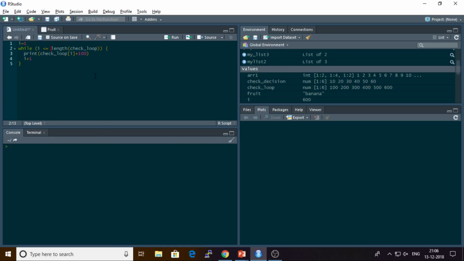So this would be the same, guys. I is less than or equal to length of check loop, right? So what we are doing is first we are checking if the value of I is less than the length of this. And since there are 6 elements in total, 1 is obviously less than or equal to this. And since this is less than or equal to this, we will be printing the first element and adding 100